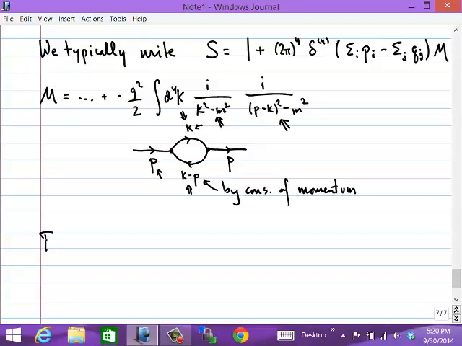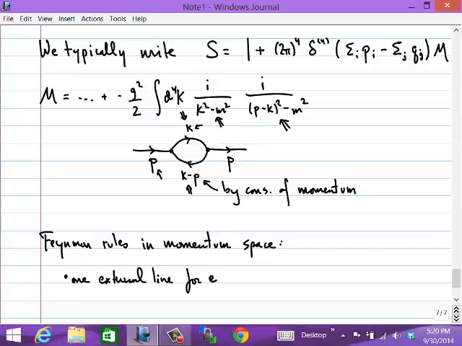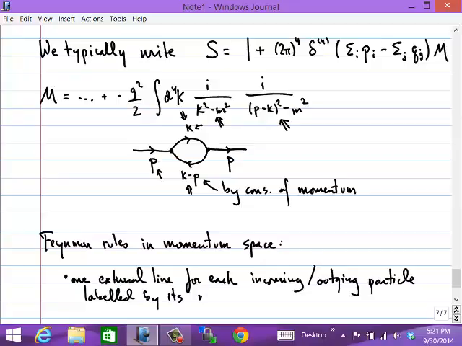So the Feynman rules in momentum space say that you start with one external line for each incoming or outgoing particle, labeled by its momentum,